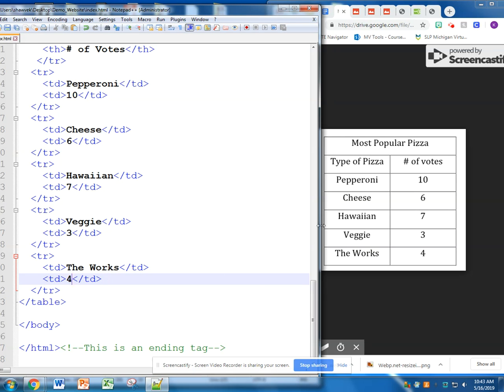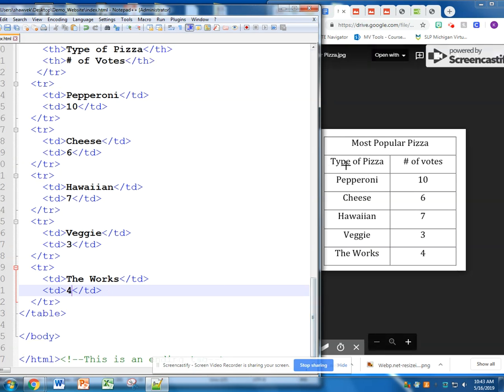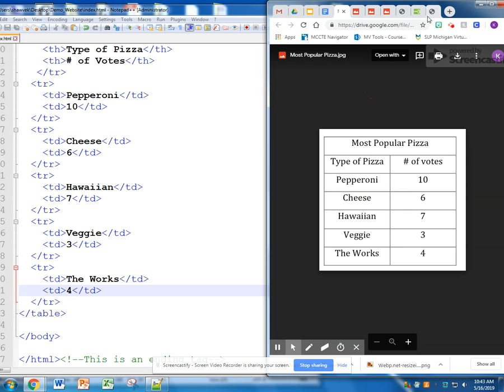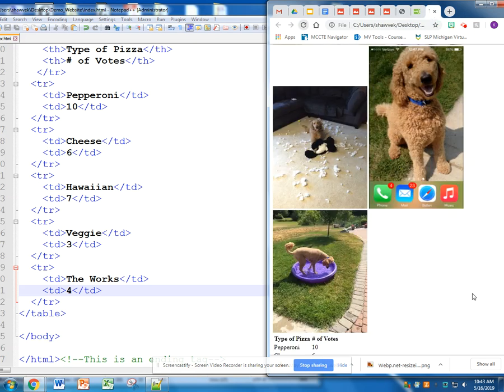Okay, so again, I have 6 rows technically. 1, 2, 3, 4, 5, 6. So I have 6 sets of TR/TR tags. And 1 header row and 5 rows of data. So if I go back and do a refresh,